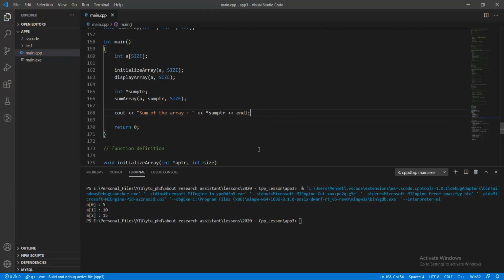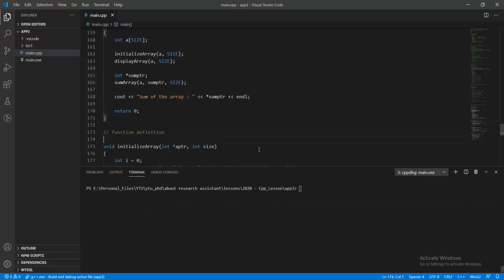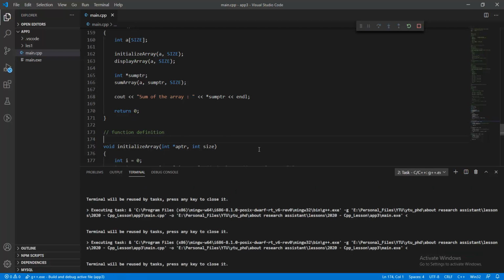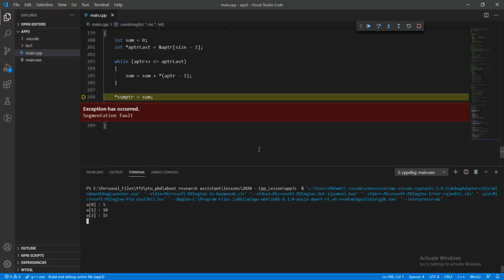And so if you run this program, we should get 30 for the summation of the array, and then we can test the program, and then an exception is raised in here